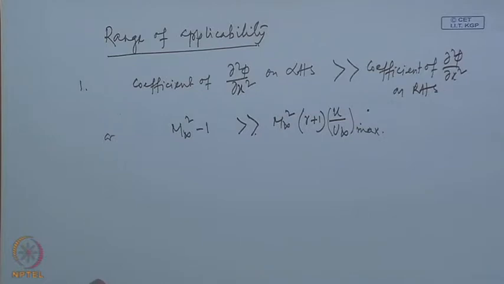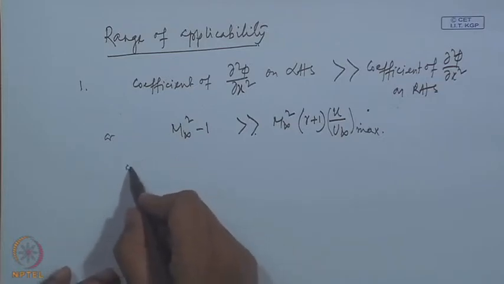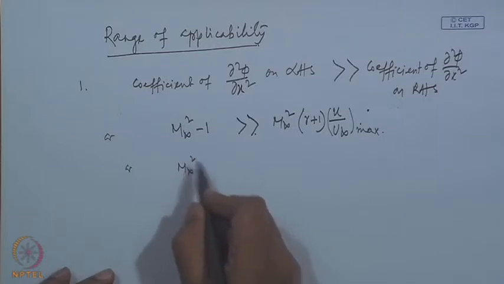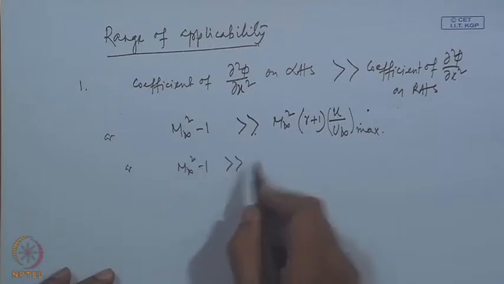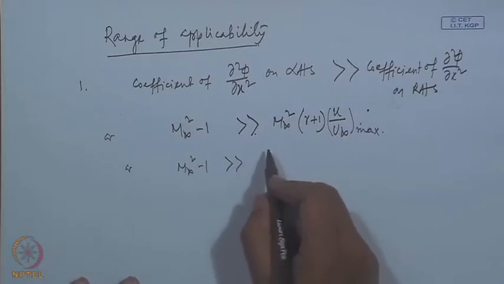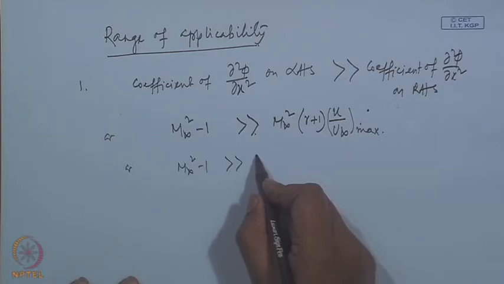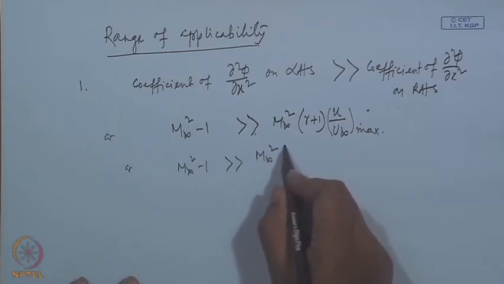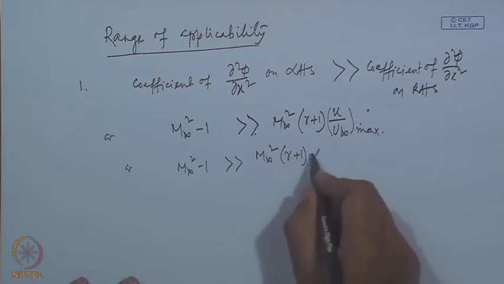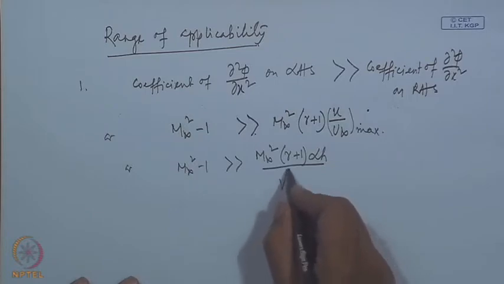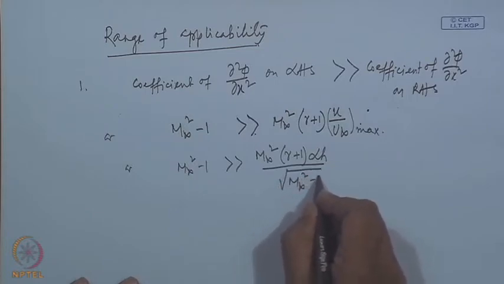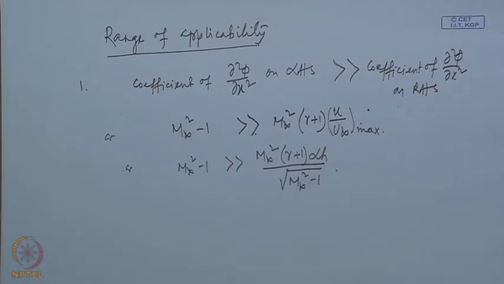Now u by u infinity maximum, as we have already seen, is alpha h by beta, which again gives